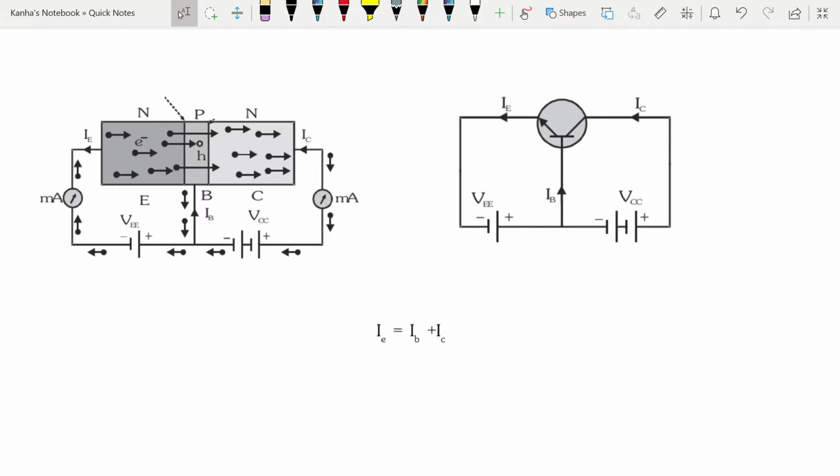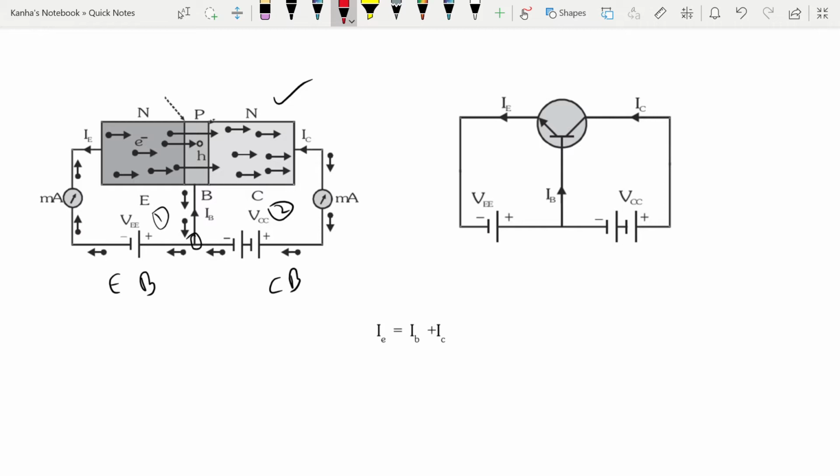Now we briefly look at the working of a transistor. Note that this is a common base transistor that I am discussing right now, but the workings of the common emitter and common collector transistors are almost similar. So what happens is, my base is common to two circuits, the emitter base circuit and the collector base circuit. So we call it circuit number 1, circuit number 2. What is common between them? This junction. Okay. Now what happens in the first case?